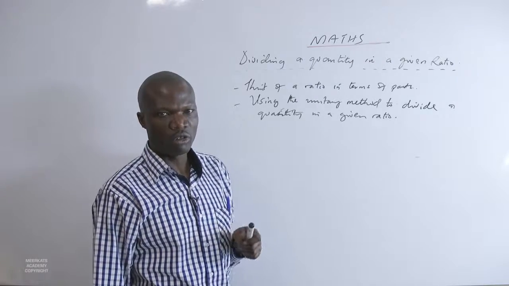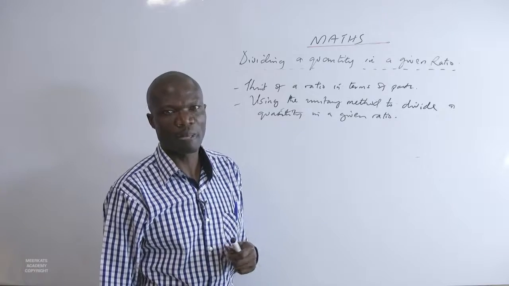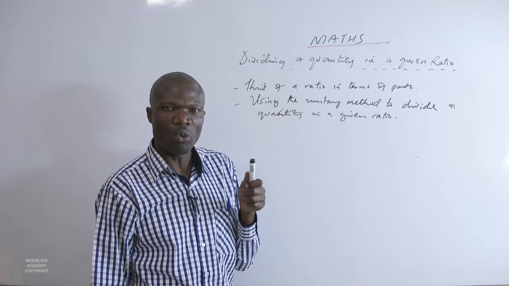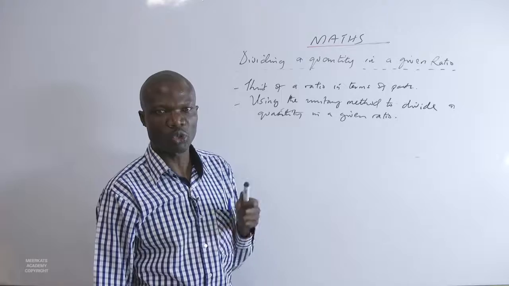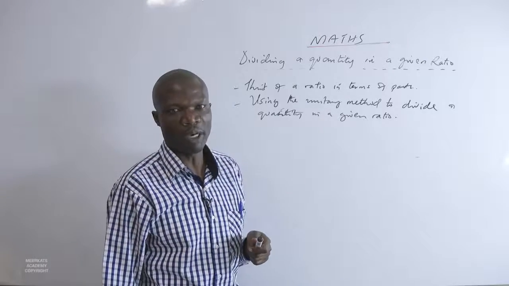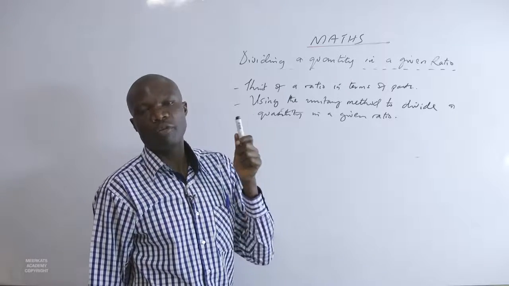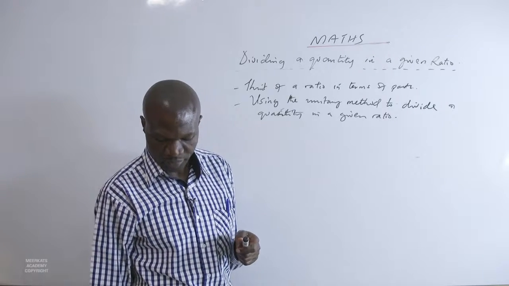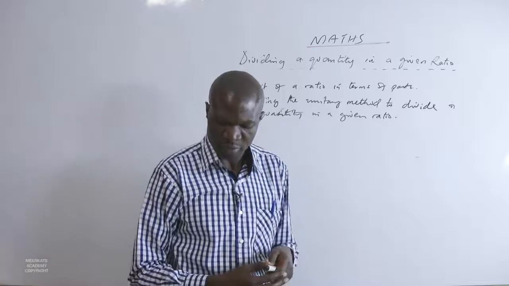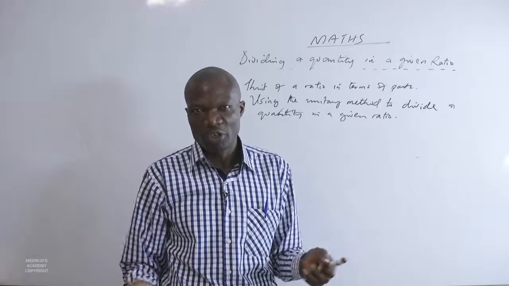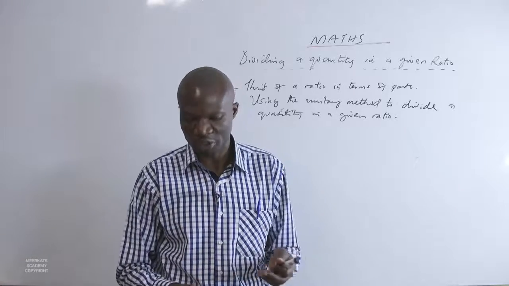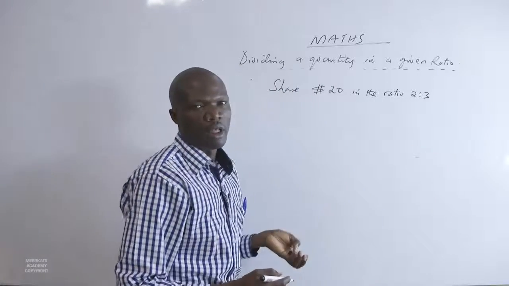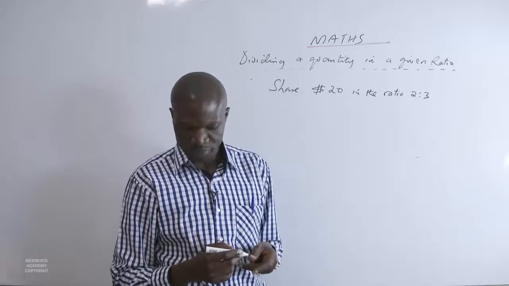Now, this one involves finding the total number of parts in a ratio. It also involves finding what one part represents. So one part, unitary, simply is for one individual part. And then finding the number of parts required or the value of the parts required in the ratio. So I want us to take, for example, can we share out $20 in the ratio of 2 to 3? If we are to share $20 in the ratio 2 to 3,